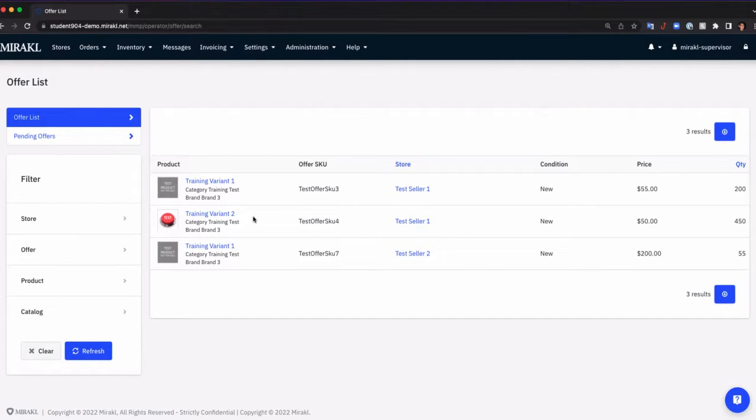And that's the intention of it. So what you're seeing is actually correct. It's just based on if you had published training variant one product, and